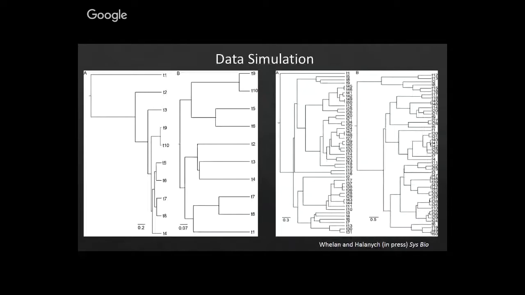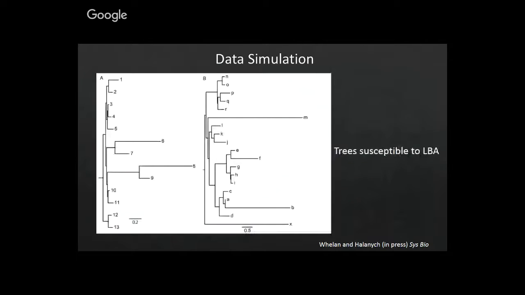And so, like I said, we simulated data on a handful of different tree shapes. These are a few. We used the R package phytools, developed by Liam Revell, to create a handful of pure birth trees that we could simulate data on. And then we also had two trees that had long branches and were susceptible to long branch attraction. The data sets that we simulated on them were susceptible to long branch attraction.